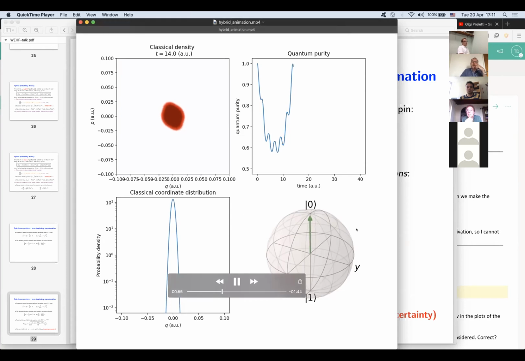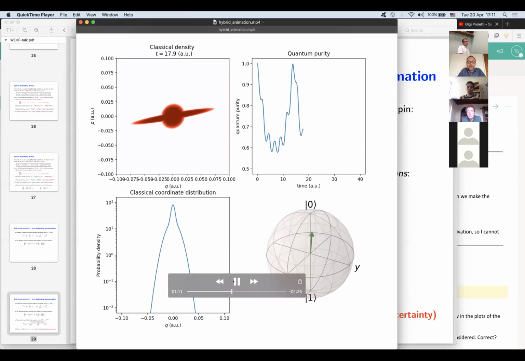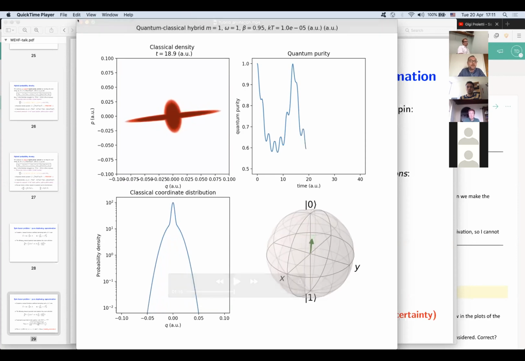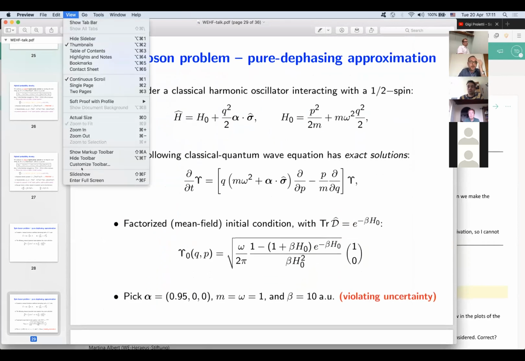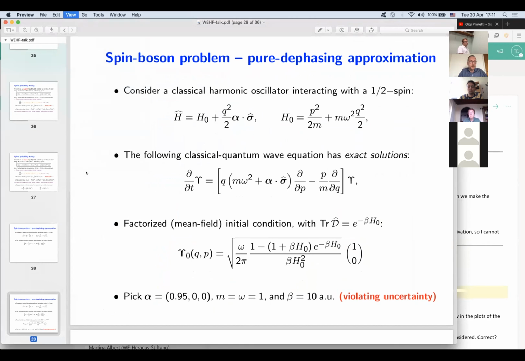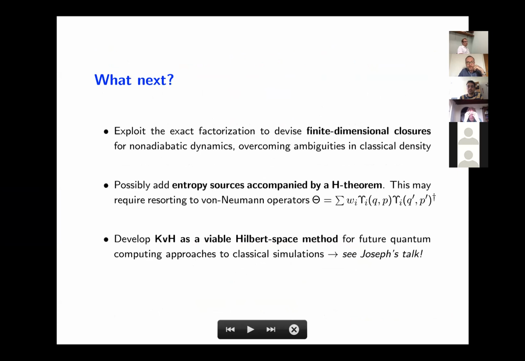And then again, the evolution does its job and takes the purity down again, and so on until the end of this movie. So I will not spend more time talking about this movie because there is not much else to say. So here I want to mention something briefly about, okay, so there are some things we want to do,